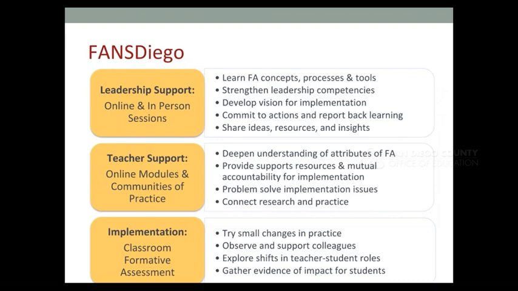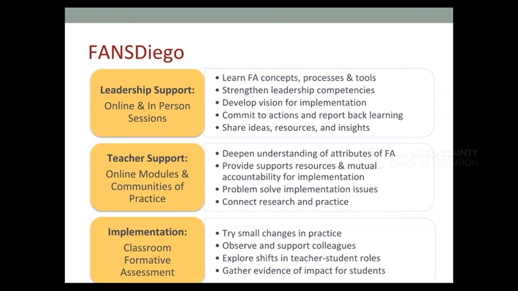And the community of practice is actually what teachers who've gone through this process before cite as the most valuable part of the work, because it's an opportunity to come together with your colleagues, talk about what you understood, what you didn't, what worked for you, what you might need more help with.